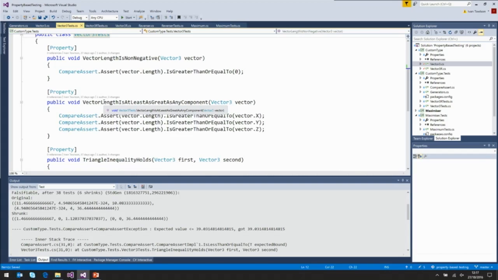Yes? How many times does it try to shrink before it stops? It will keep trying to shrink until it no longer gets failures. So if, for example, my implementation of shrinkage had been to do -5 on each thing, and it had found a failure case at 10 to the power 30, it will keep going: 10 to the 30 minus 5, 10 to the 30 minus 10, 10 to the 30 minus 15, and it would keep on going until it reached a case where the test passed, in which case the previous one would be the minimal failure,